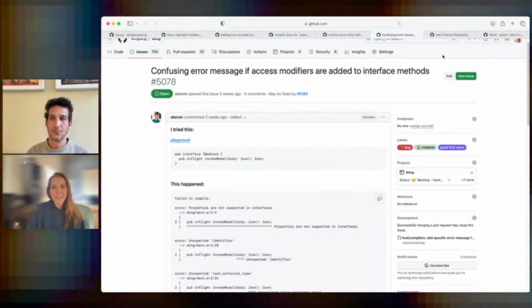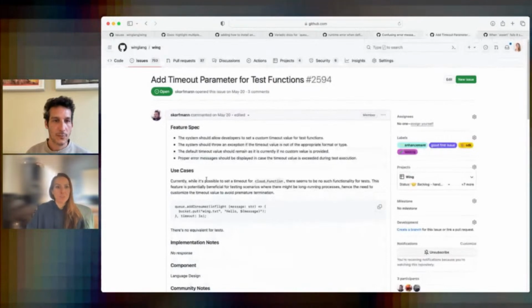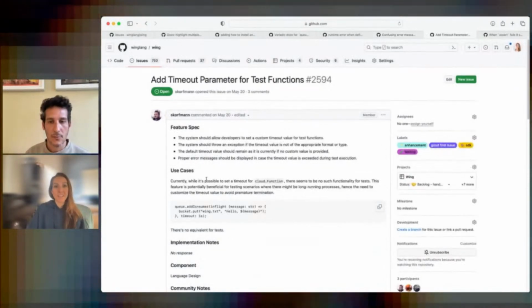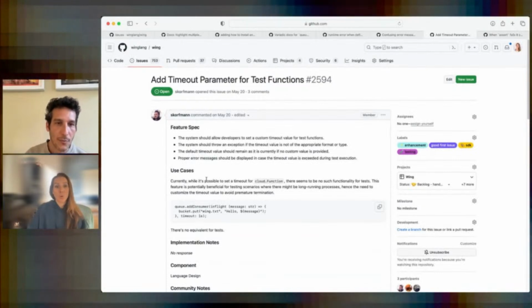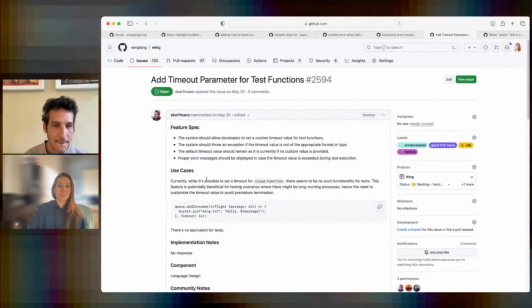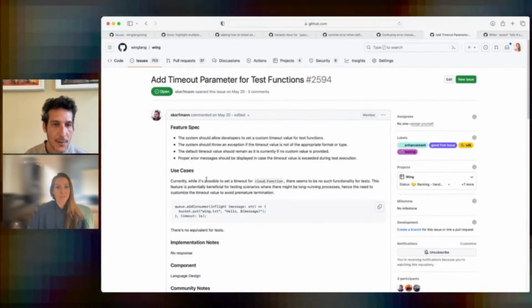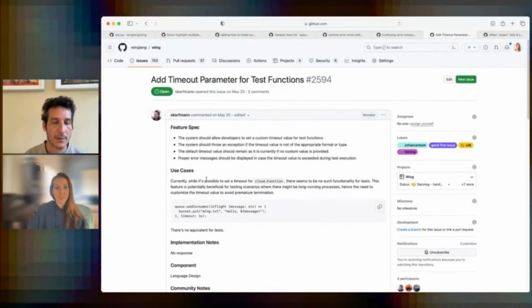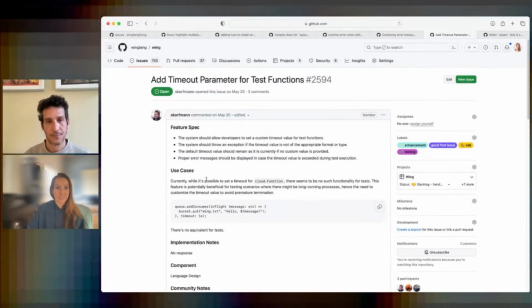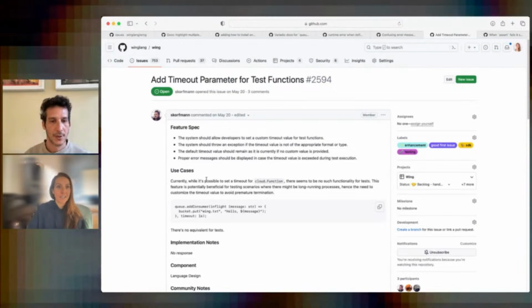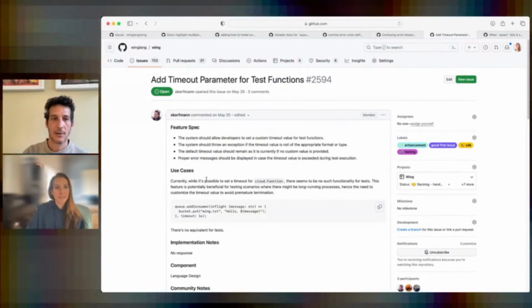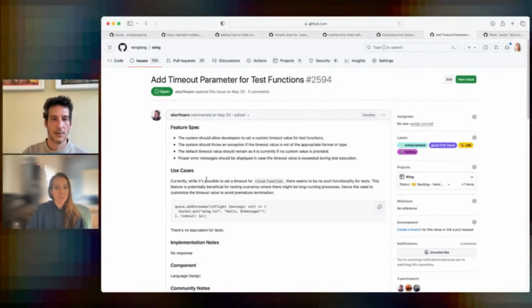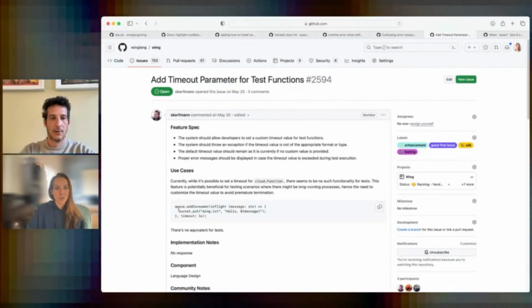Awesome. And moving on to the testing issues. So we all know that sometimes we run some tests and we call some async methods and they never call back. So we are just getting stuck in a test. So we have a lot of workarounds to do that, but we would like to add a timeout parameter for those test functions. We have those in our